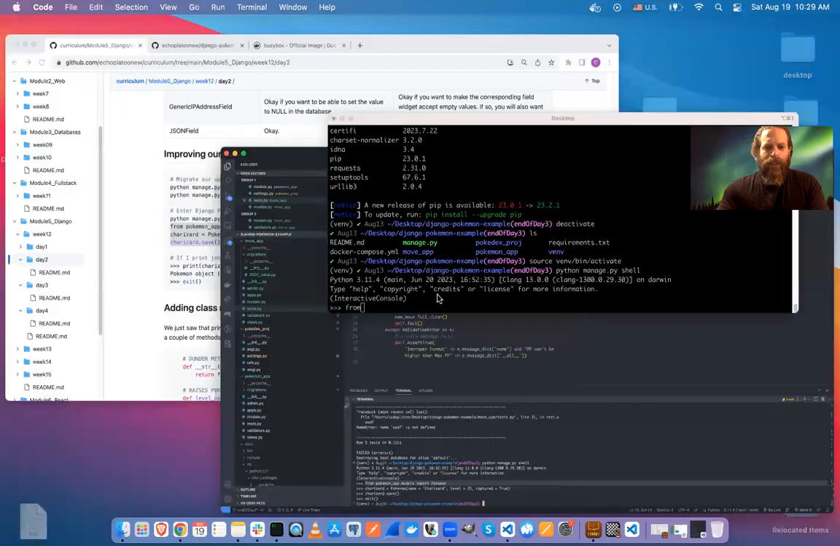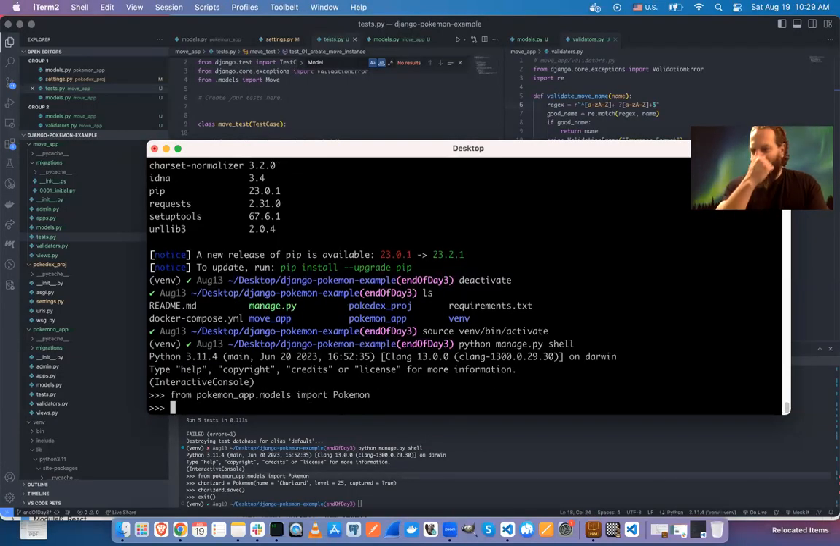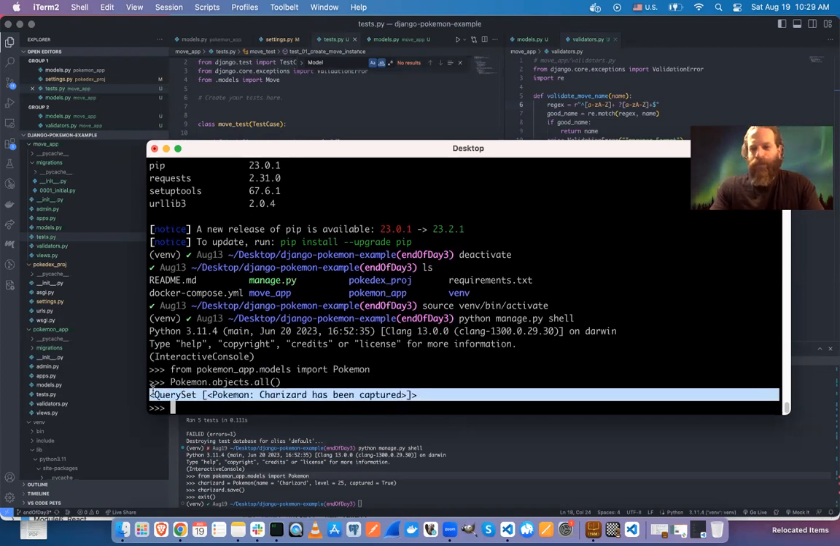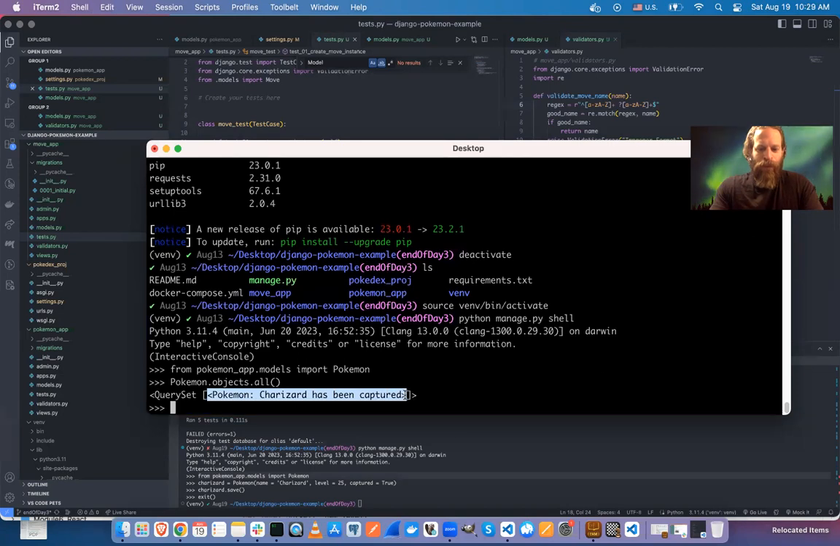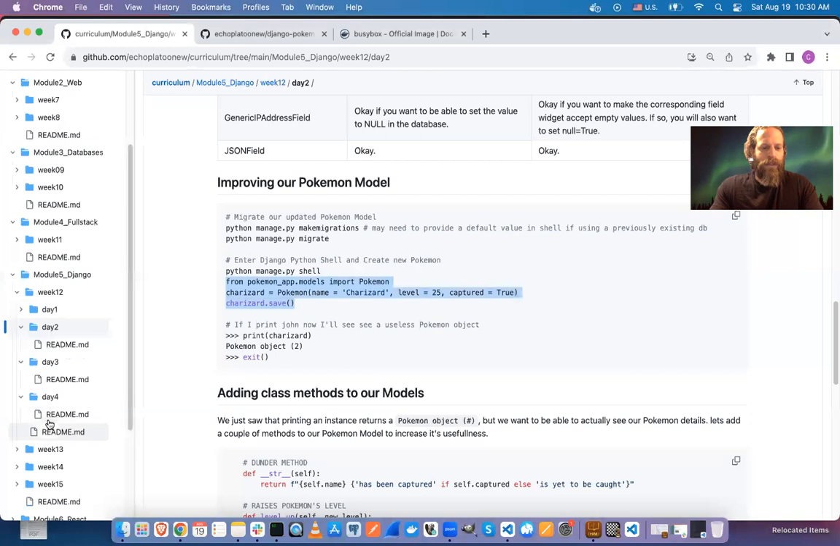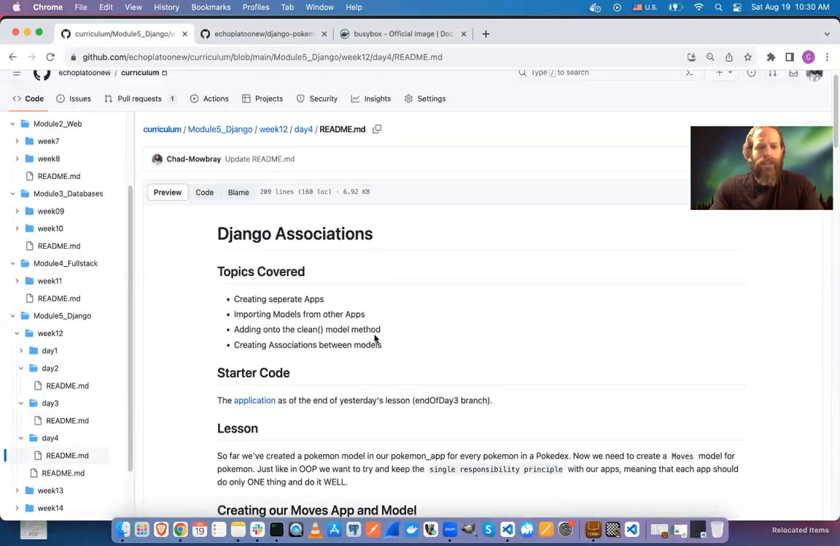So I should have a Charizard saved. I didn't come up with this, by the way. So let's see, Pokemon dot objects dot all. Okay, so we have saved something. We have this Pokemon object. Okay, so now we're going to add another one. I'm going to go back to today's README. And